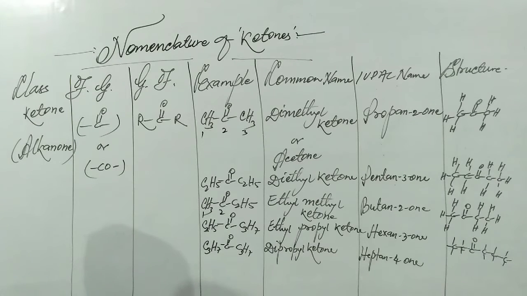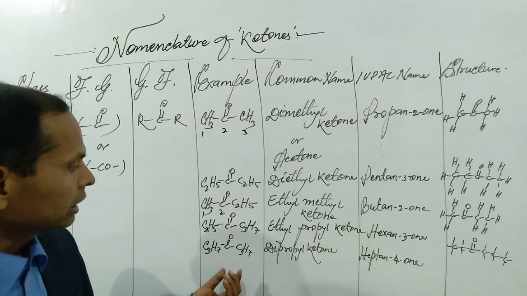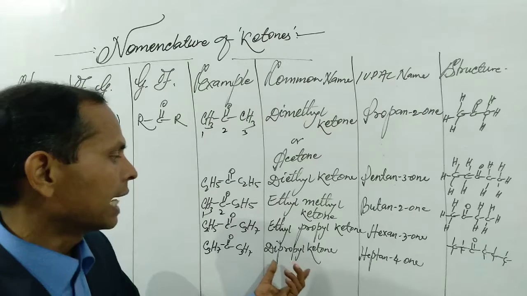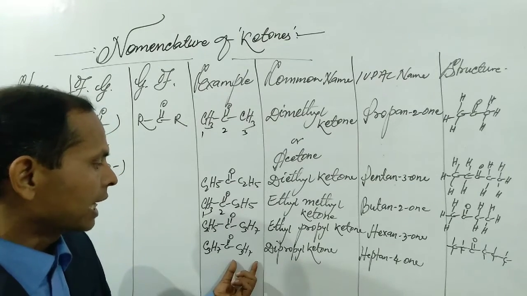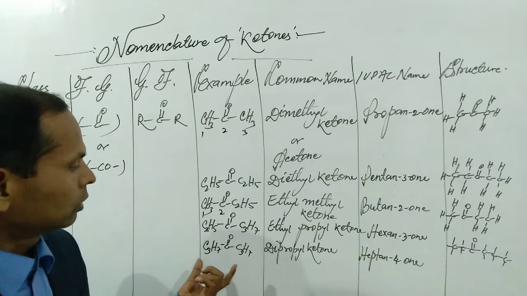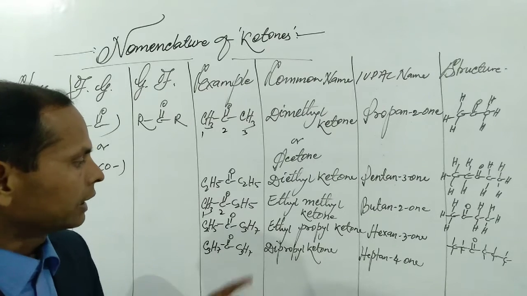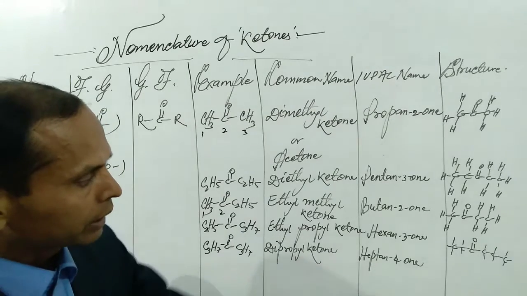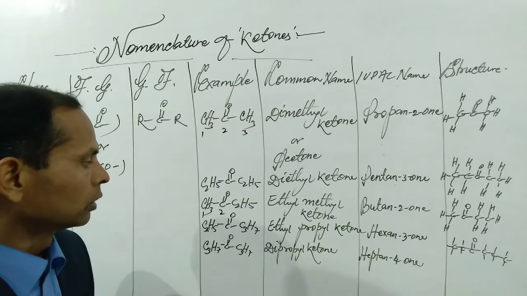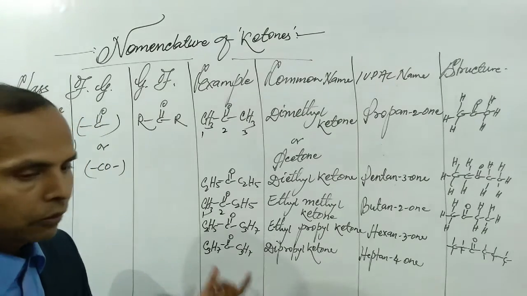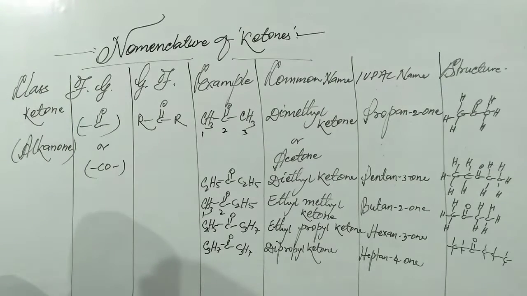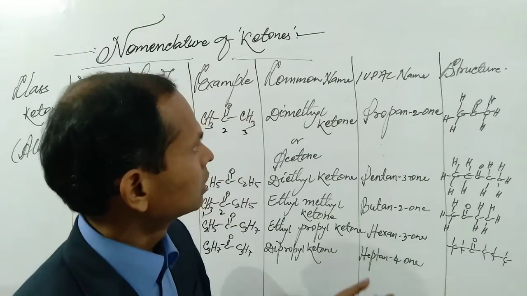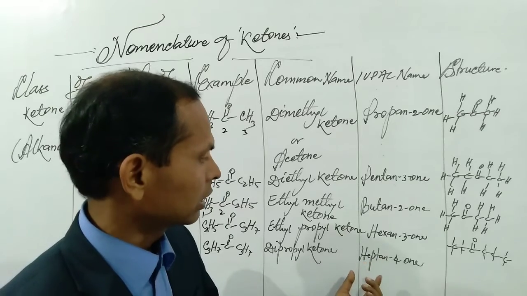In the same case, in case we have to give the same alkyl groups like propyl group on either side of it, the name of such compound will be dipropyl ketone, because this is a propyl group, this is also a propyl group. So the total number of propyl groups will be 2, and di is for 2, that is why we call it dipropyl ketone. In case of IUPAC name, we write heptan-4-one, since the total number of carbon atoms is found to be 7. So the parent hydrocarbon will be heptane, and the name of such compound in the IUPAC system is heptan-4-one.